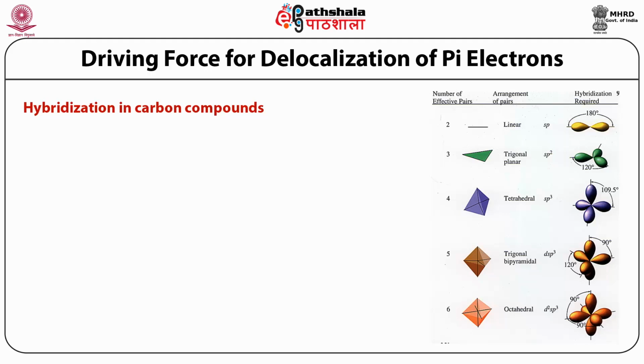Generally, when the 3dz2 orbital is mixed with 3s, 3px, 3py and 3pz orbitals, the resulting sp3d hybrid orbitals point towards the corners of a trigonal bipyramid,